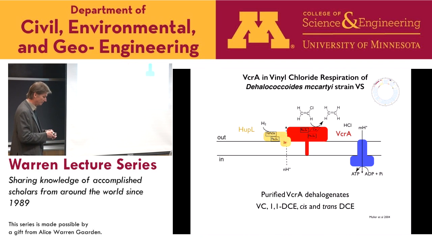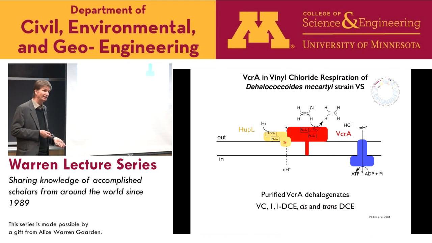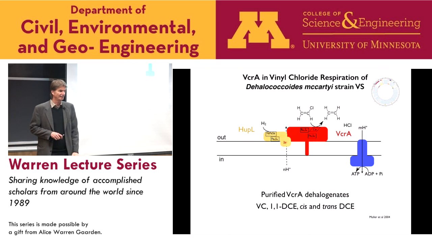Well, it was a dedicated postdoc, Jochen Müller, who in a heroic effort grew 200 liters of this organism collectively, anaerobically centrifuged the organism, and then did an anaerobic protein purification for a vinyl chloride reductase. And he managed to purify this enzyme. It was a heroic effort. We did a few kinetic measurements, Km measurements. We identified substrate specificity, but that pretty much exhausted the amount of protein we had.